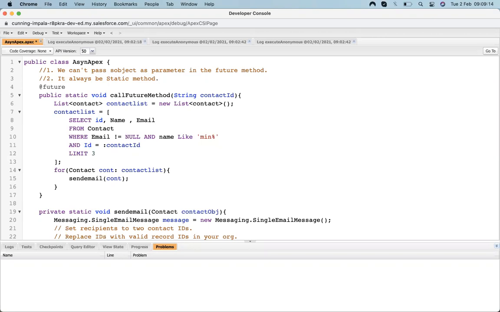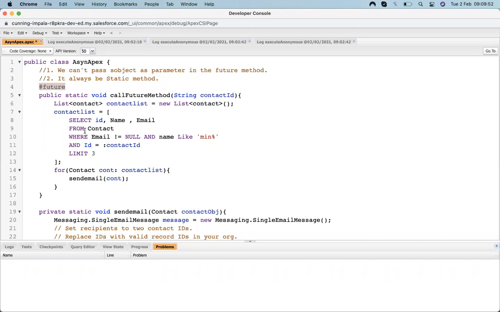So whenever we are trying to make any method future, we just declare a static method. In that static method, we write the future annotation and then call whichever method we need to call as a future. Usually we use that way. We design a method that will do its job, and then create another method having the future annotation. In that method we call the method which is doing that thing, to make it available to our situation.